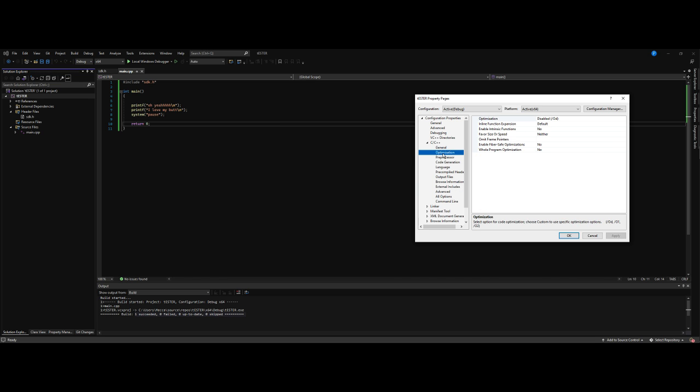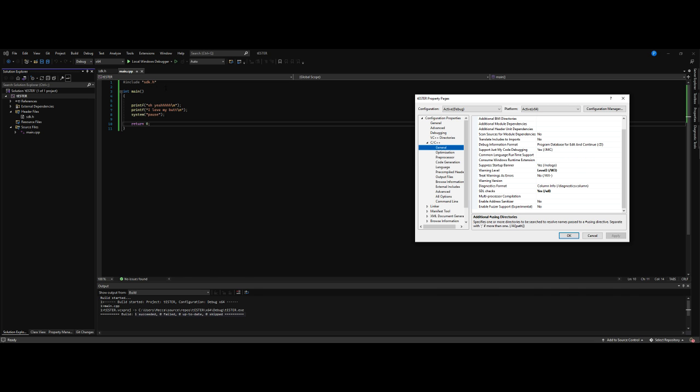Your optimization, you can allow optimization for the code to run faster, but usually release should, just remember something too. In release mode, your game or your application is going to run a lot faster and smoother versus debug. So just keep that in mind. But you can also include additional,